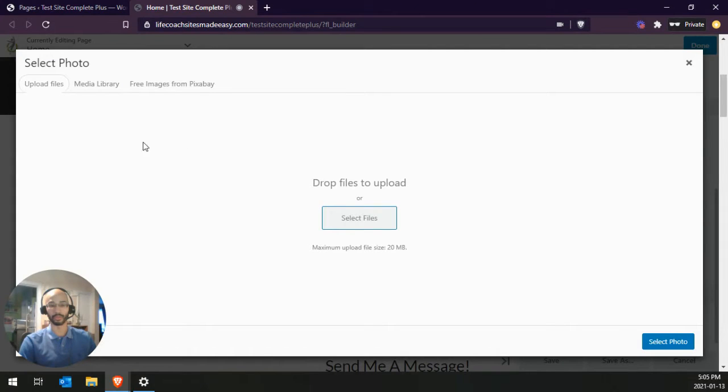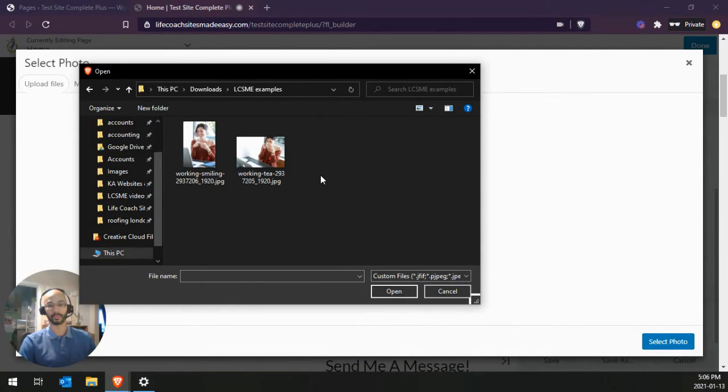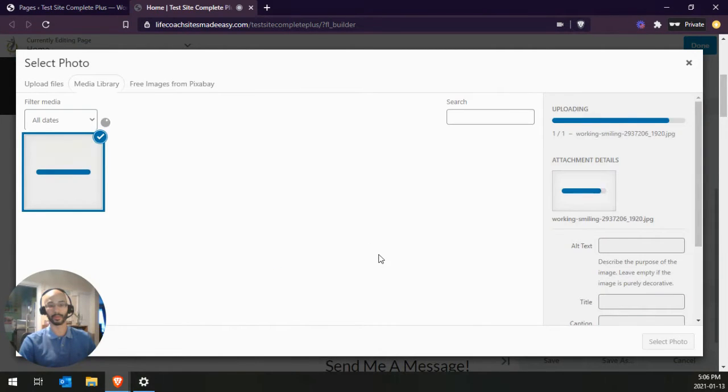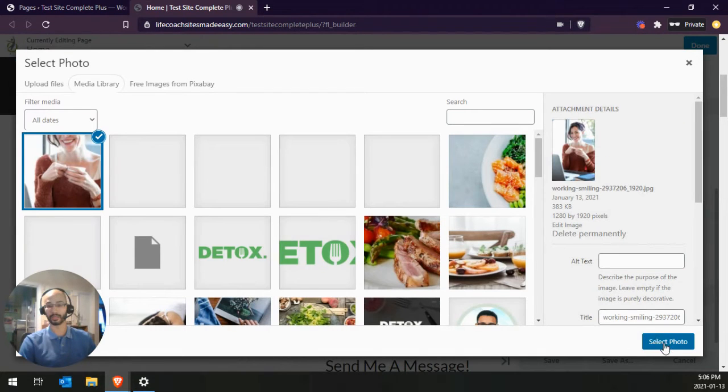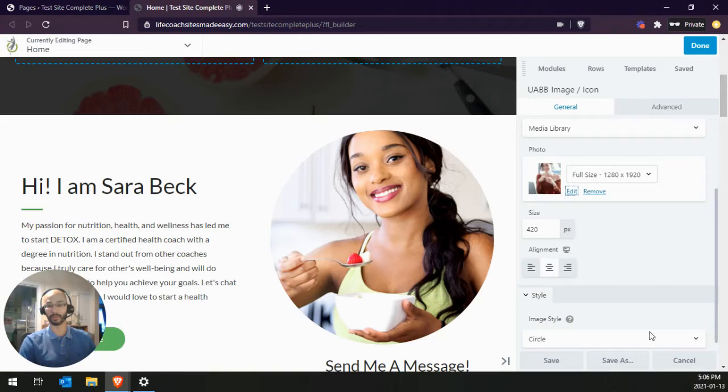So this allows you to either upload a file or choose one from your media library. You can also search images, but you're going to want to upload a picture of yourself probably for the coach, so we're going to upload one. So here we are. I'm going to select a photo, open it, it uploads it, adds it to your website. Once it's ready, you can select the photo,